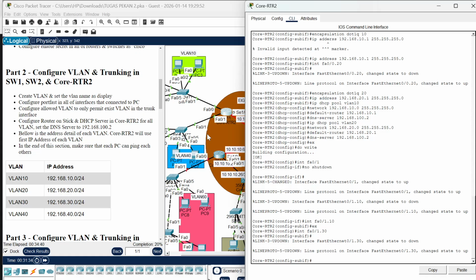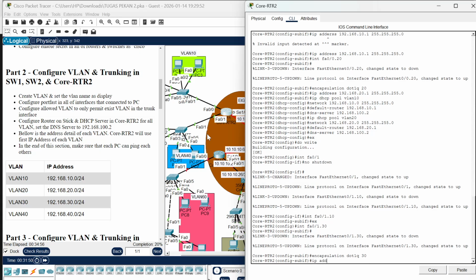It's already up, and encapsulation dot1Q 30, IP address 192.168.30.1 and for the prefix